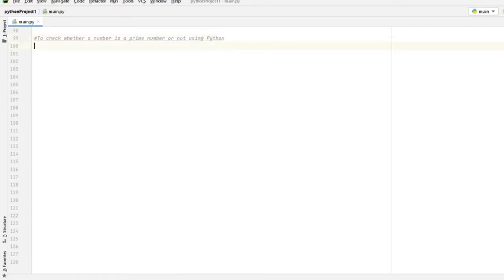First of all, let us create a variable called num, and let us ask the user to enter the value of num. We'll display the message: enter any positive integer of your choice.